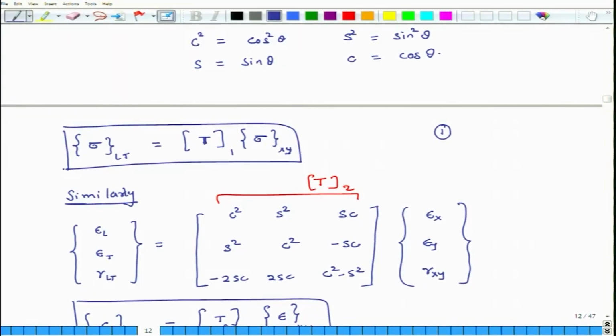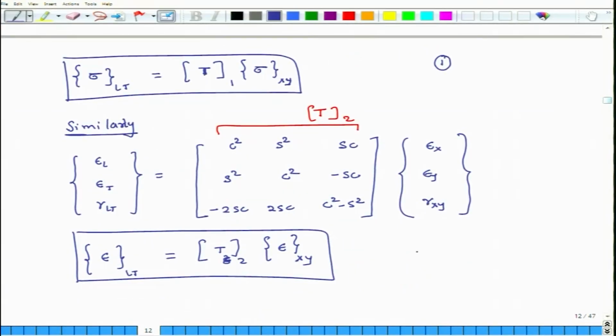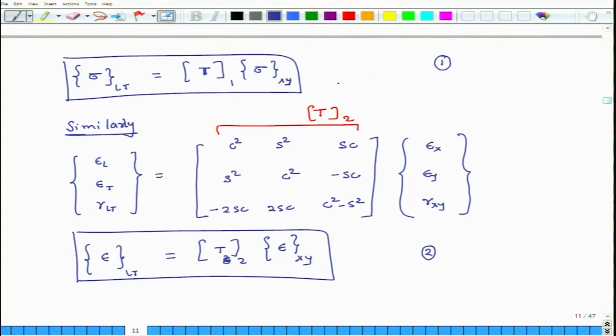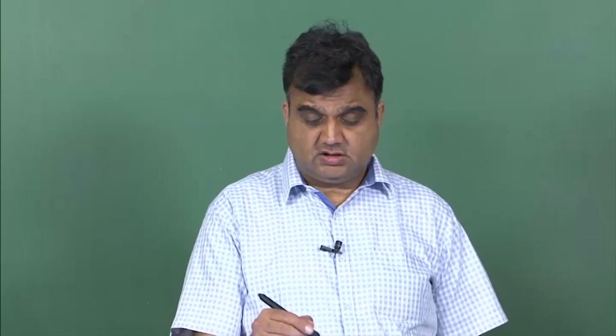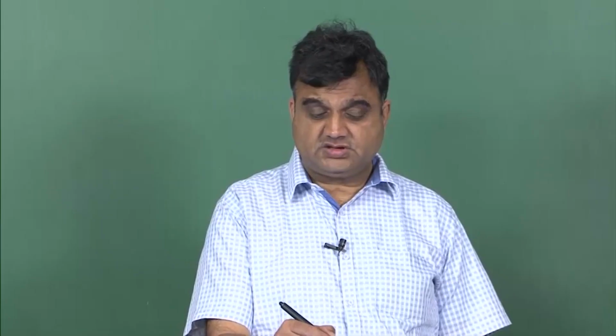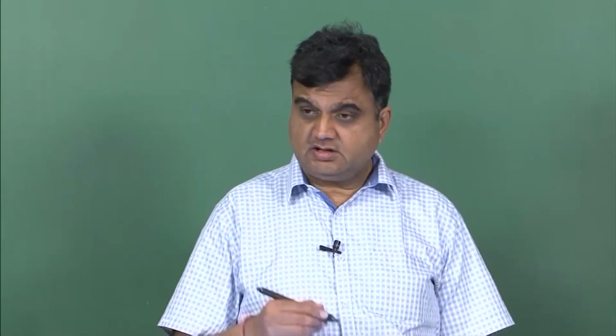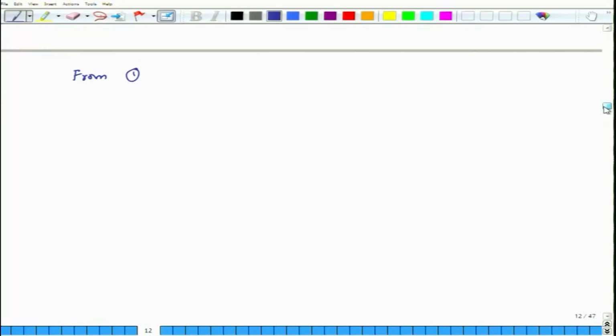Okay. Now, we are going to merge these equations. So, this is equation number 1 and this is equation number 2. From 1 we can say, if I multiply the first equation by inverse of T1 on both sides, then on the right hand side T1 inverse of T1 just becomes an identity matrix. So, it goes away. So, what I can say is that from 1